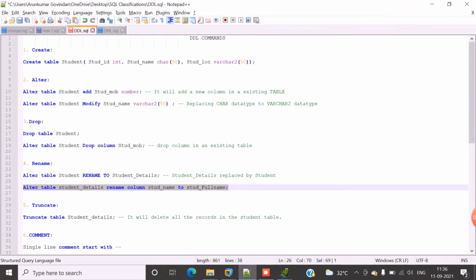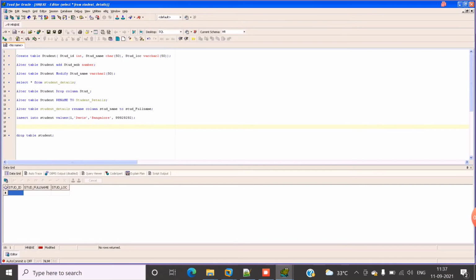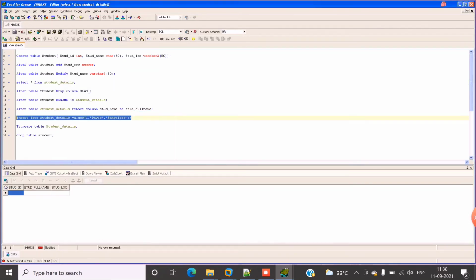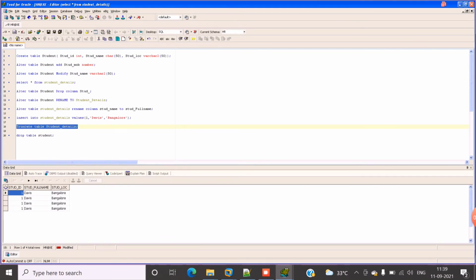The next example is the truncate command. Truncate is used to delete the records in the table permanently, using truncate table name. I'm just copying the syntax and pasting it here. Since the table doesn't have any data currently, I'm going to insert a few records in the student details table. Okay, I have inserted a few records. Now we can see the records present in the student table. 4 records. I'm going to use the truncate command, truncate table name. I'm going to execute. The table got truncated,